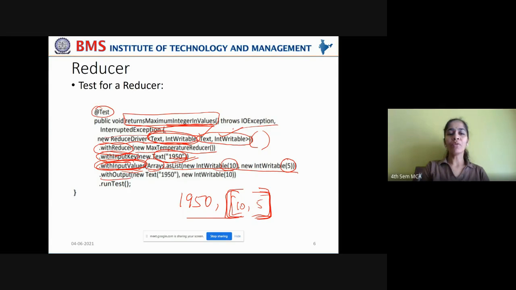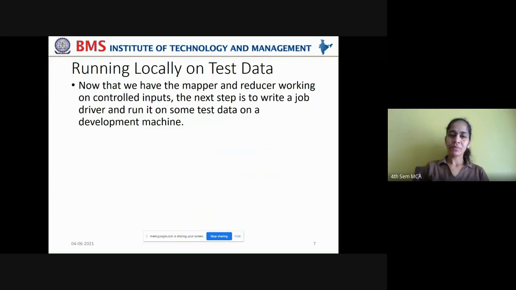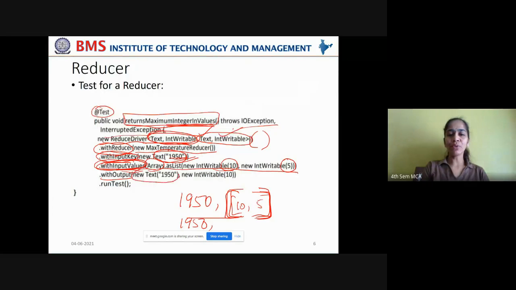Now, what would you expect as output? The year, that is a new instance of text, 1950, and the maximum temperature among 10 and 5. What is the maximum temperature? 10. That is what you're expecting. So you have created a new integer with value 10.